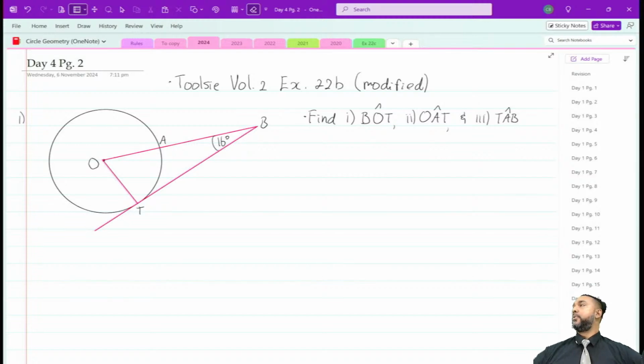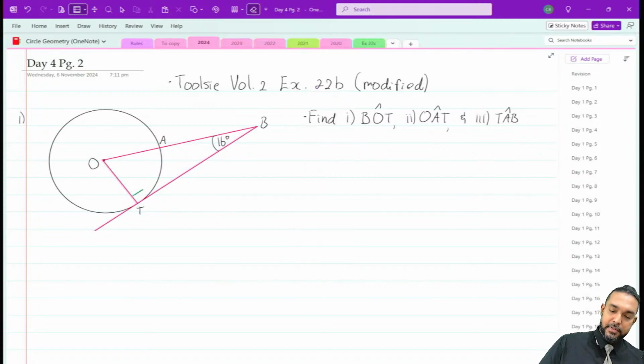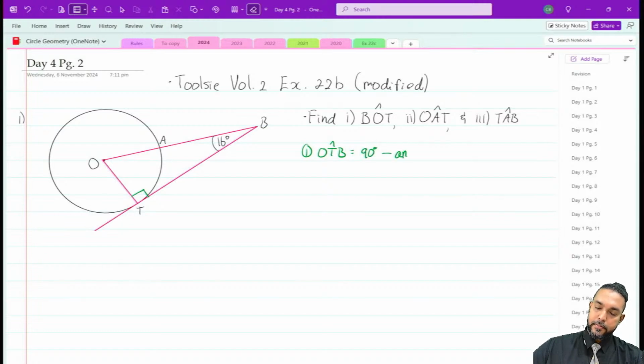Right, and what's the rule we learned about today? The angle between a tangent and a radius is 90 degrees. So where would that be here? By T, that's correct. So let's mark it in one time and then cite the explanation so we can get on with life. All right, so rule number 1, angle, you could say OTB or BTO, doesn't matter, 90 degrees. Angle between